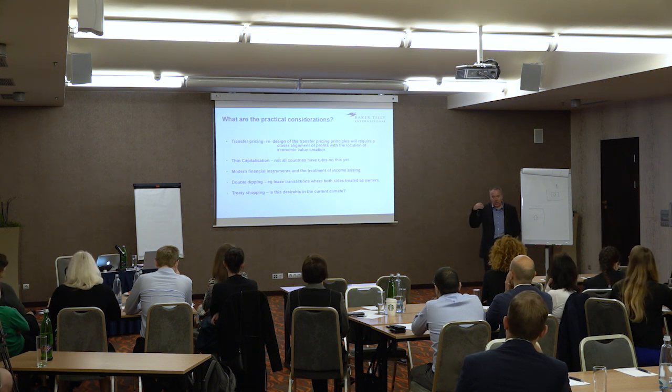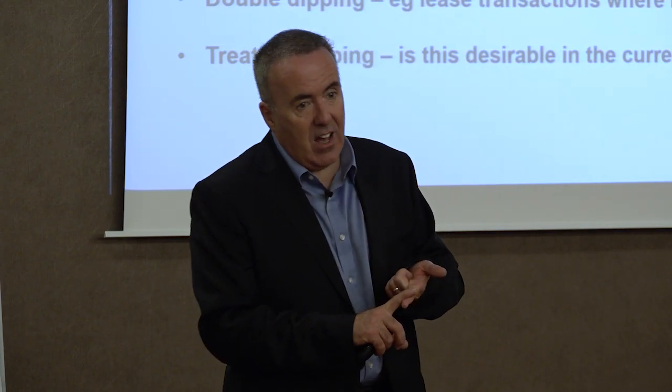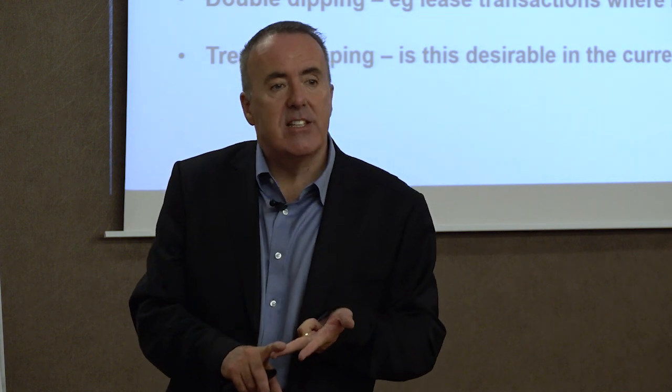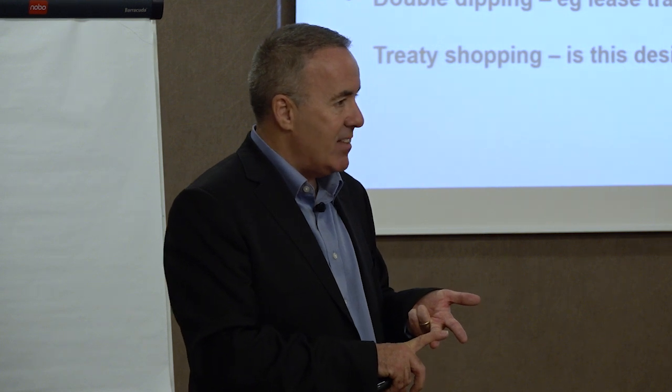Just remember that when we're looking at cross-border planning, the order of events, as I said, is domestic law, and you've got to look at the reason why you're doing it. What's the commercial reason for what you're doing? Is there a commercial reason? And when we look at the session after lunch about substance, you'll see why this becomes more important. Then you're looking at what the domestic tax rules say. Then you're looking at what entity you're using, what's the right entity and the right ownership structure for that particular entity, and you're working out the income flows.